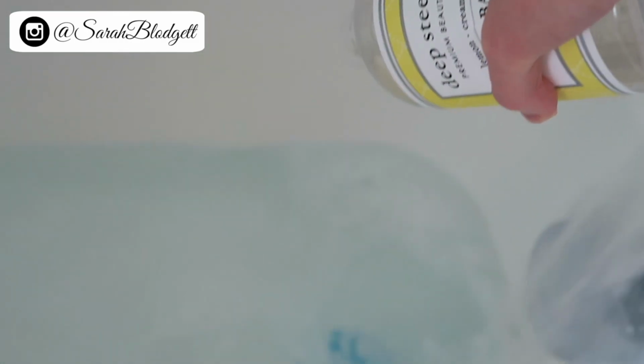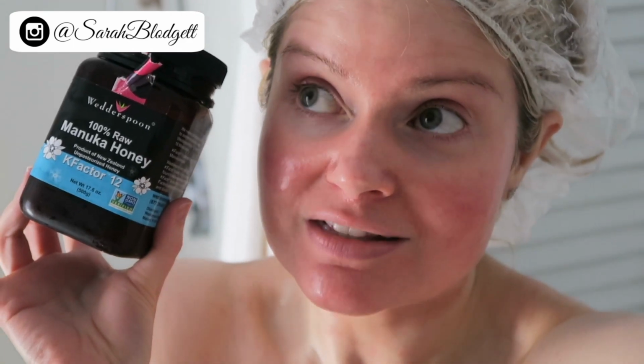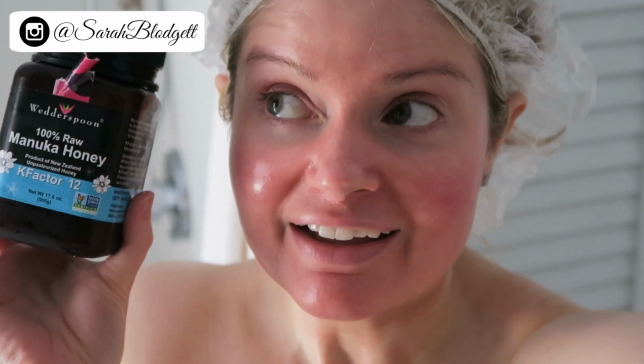So I'm gonna run myself a bubble bath, and I'm actually gonna put on a mask. The mask that I'm going to do is, I don't even know if you can buy this anymore. I haven't seen this particular brand in stores, but it's basically honey. I'm just gonna put some honey on my face